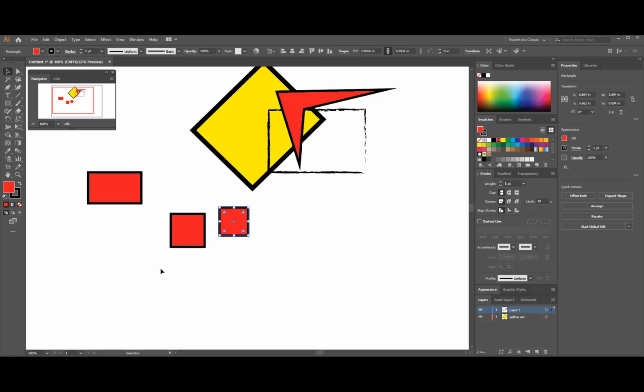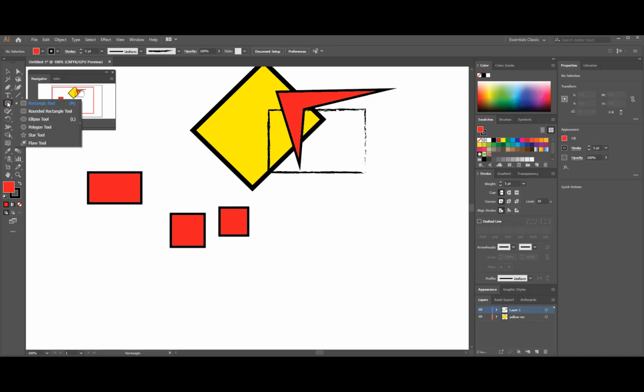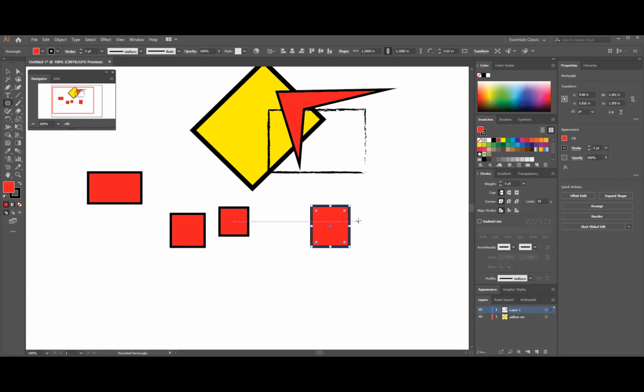Like I said, when we hold down on this rectangle tool, other tools pop up. If we select the rounded rectangle tool, we have to set the radius. So with this tool, maybe the first thing you'll do is click and set the dimension that you want. I'll just put 3 by 3 for now, and for the corner radius, I'm going to select, let's say, a quarter inch, 0.25. If I do that and say OK, please note that the radius would be